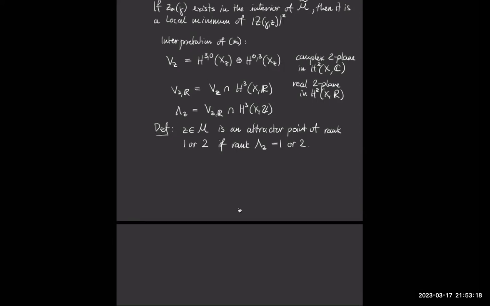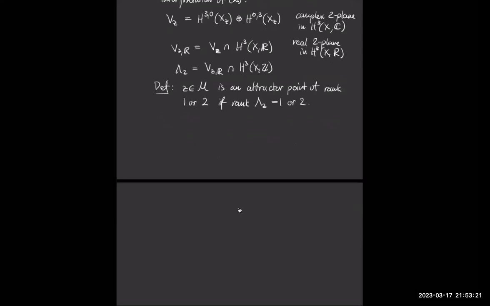Now, rank 2 attractor points, on the other hand, turn out to be very rare. So the first non-trivial example, by non-trivial I mean for a moduli space which is not a Shimura variety, was given a few years ago by Candelas, De La Ossa, Elmi, and Van Straten